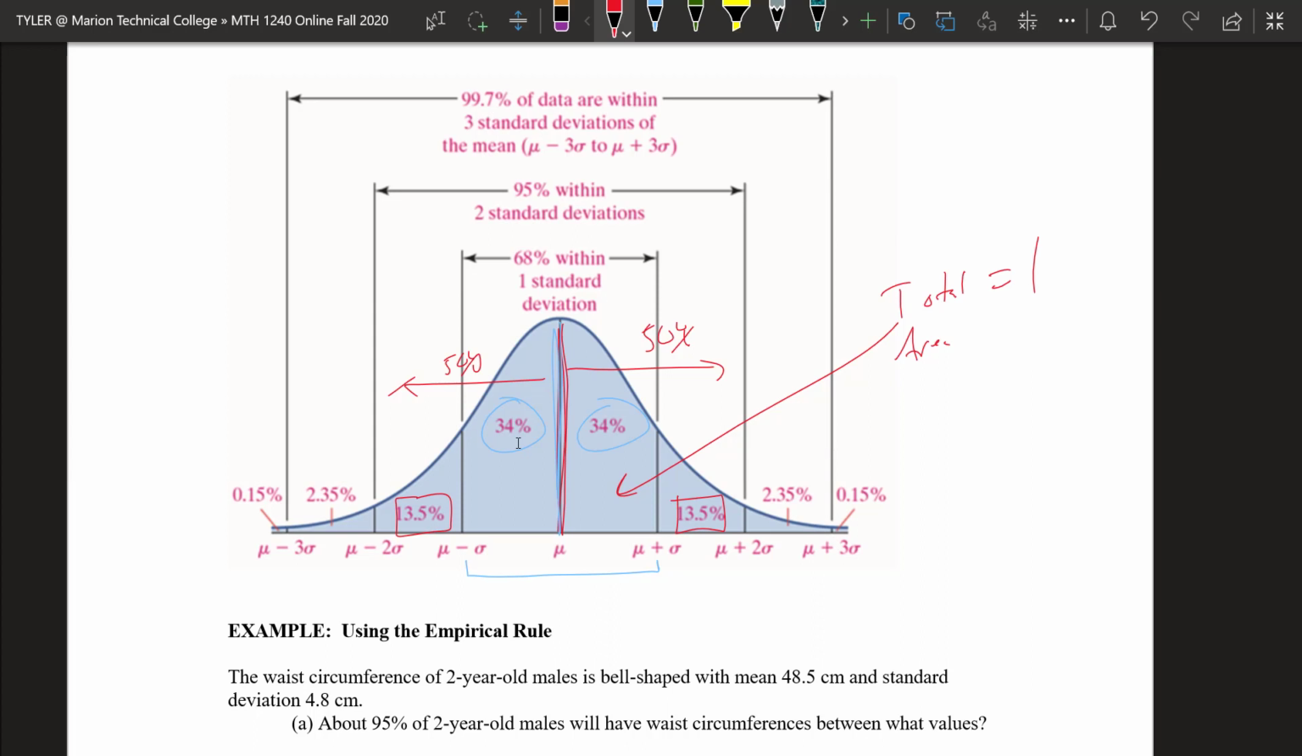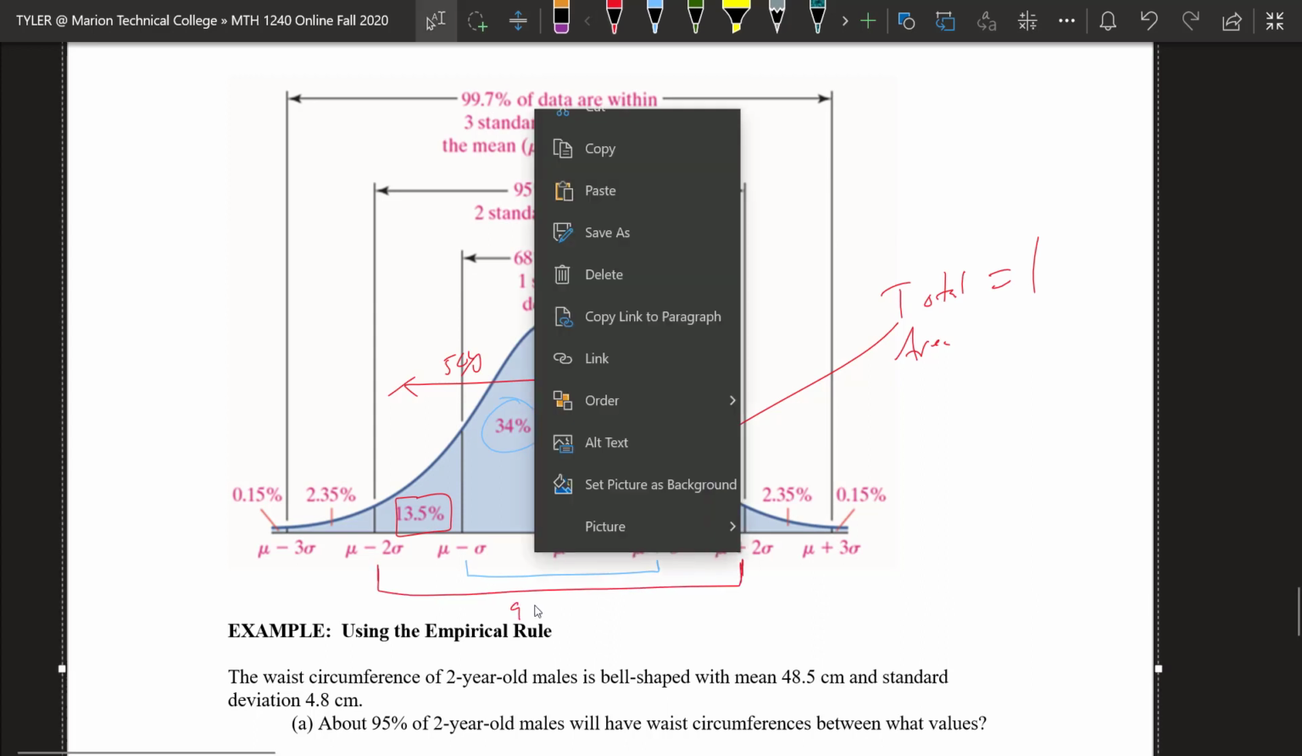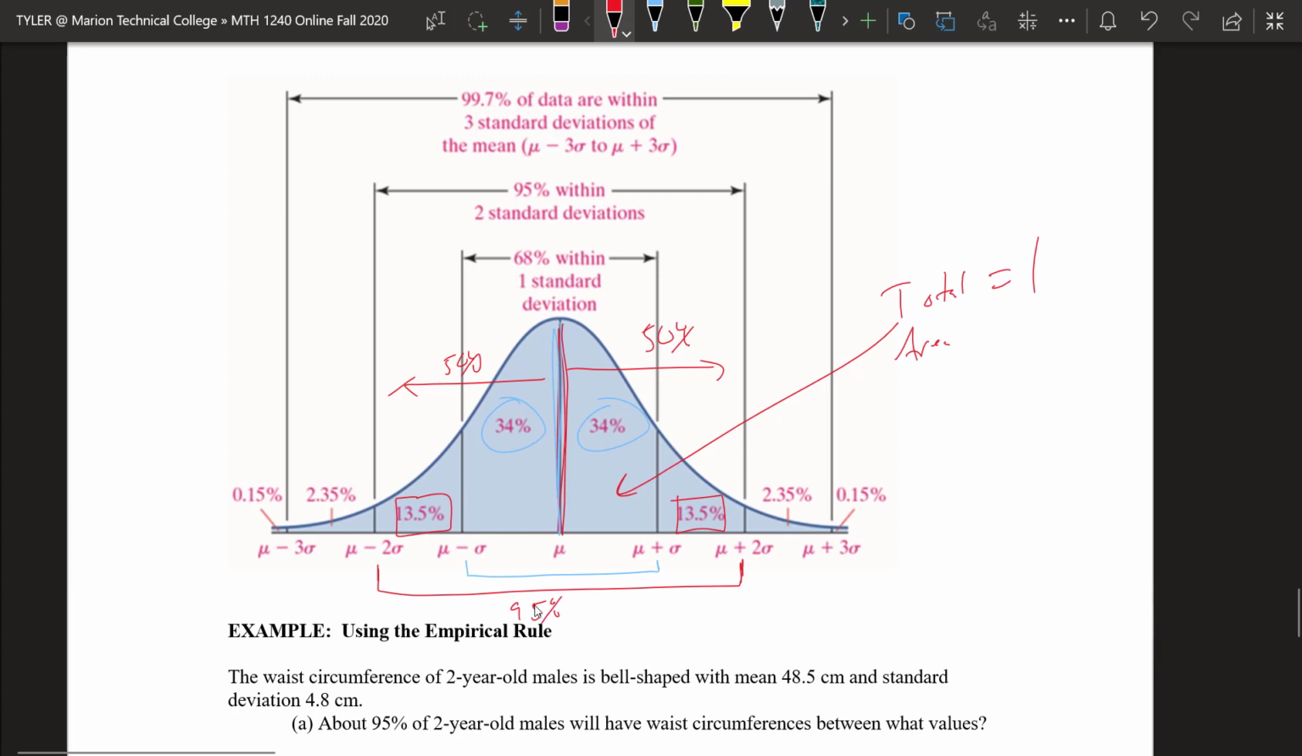So I know from here to here is 95% of my data, and I know from here to here is 68%. How would I figure out these two parts? Well, the sum of those two parts would be 95 minus 68%, right? Because you would just take,